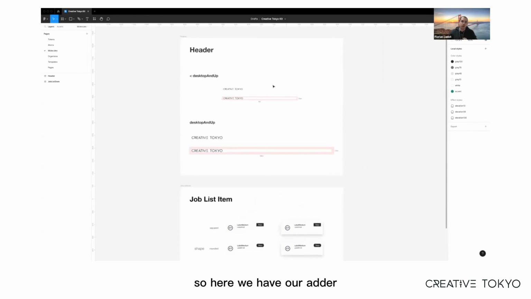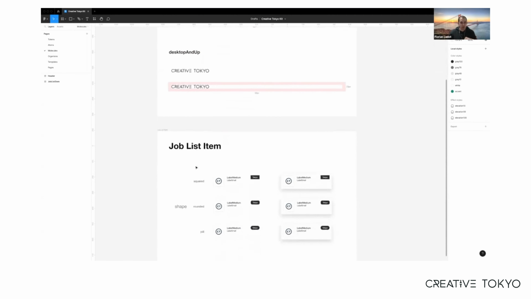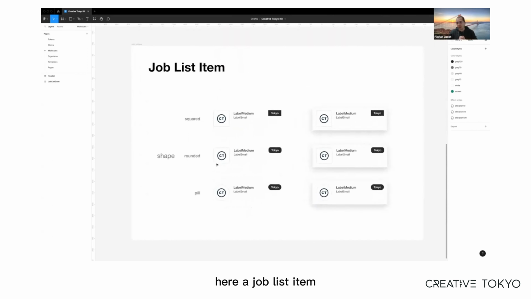So here we have our header, available in two different breakpoints, less than desktop and desktop and up. And something that has more meaning here, a job list item, which is a composition of the thumbnail atom, two typographies, and also a badge here, available in different shapes and different states,